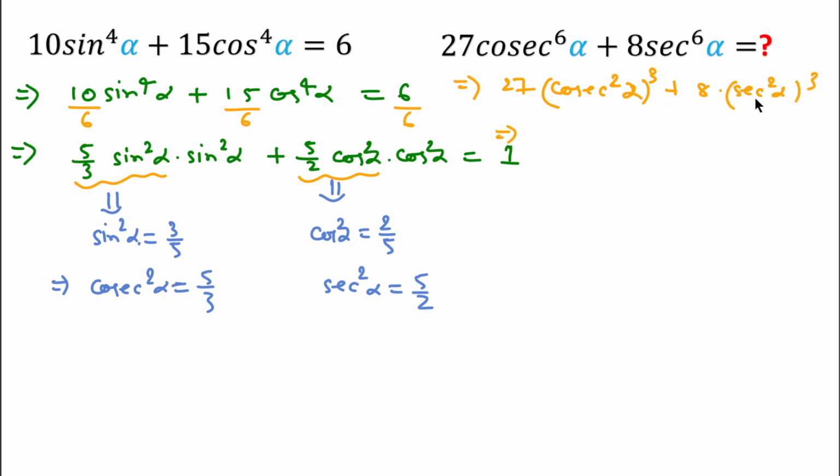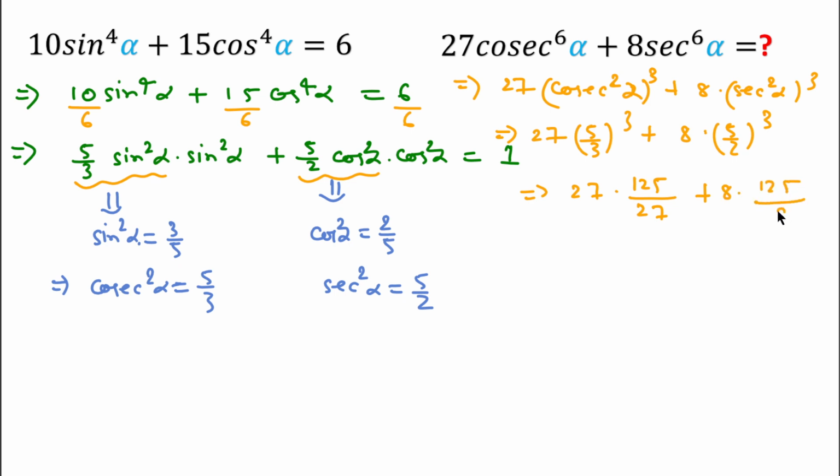By the exponent rule we can write this, and here 27 in place of cosec²α, we write (5/3) whole cube, and 8 in place of sec²α we can write (5/2) whole cube. Then we can write here 27 into 125/27 plus 8 into 125/8,